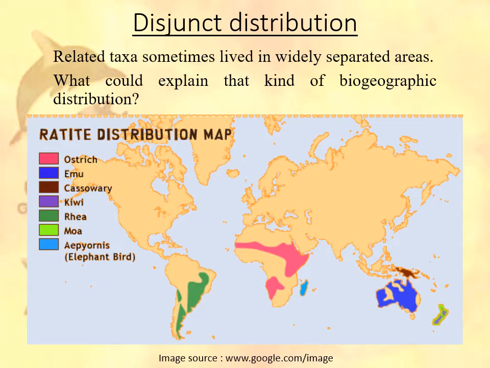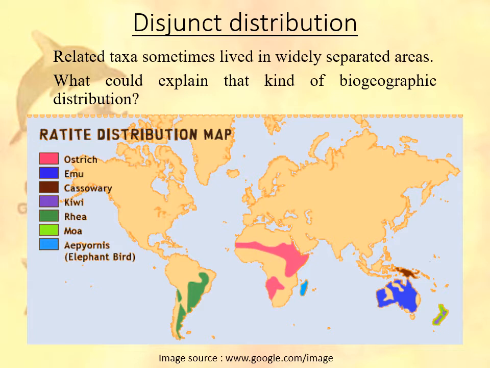Now, whenever we try to see the present day distributions of certain organisms, we find mostly they are showing disjunct distribution. That means they are isolated from one another, distantly separated, distantly spaced from one another. There is no continuous distribution. Take the example of similar kinds of birds like ostrich, emu, cassowary, kiwi, rhea, moa. Moa is now extinct, although they are almost similar kinds of birds. If we see their distribution throughout the earth, we can see that rhea is mostly distributed in South America. Ostrich is distributed in southern Africa,